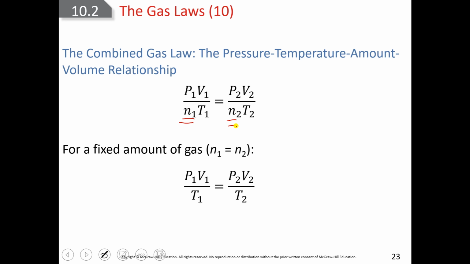If they don't give you a mole amount, you can make the assumption that all the moles are equal and you don't need them in there. If you really, really, really want to use it and they don't give you a mole amount, throw a 1 in there, okay, for a numerical value. For the most part, though, this is what you're going to be using unless the moles change based on whatever